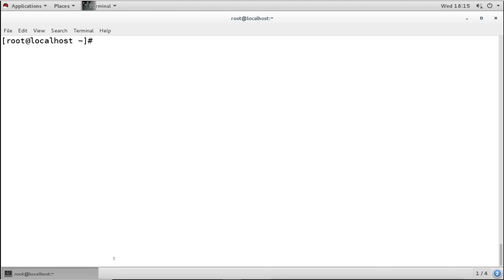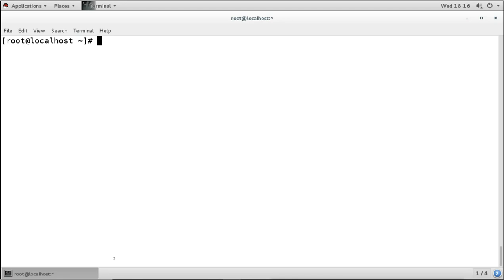Now, till now whenever I log in, whatever command I run is going to be in the buffer. It is not going to be saved until I log out from my system. Now suppose I am running some sensitive commands here and I just don't want to save them in the history file. Then what I can do is clear the history. So before logging out, I can clear my history and then log out.